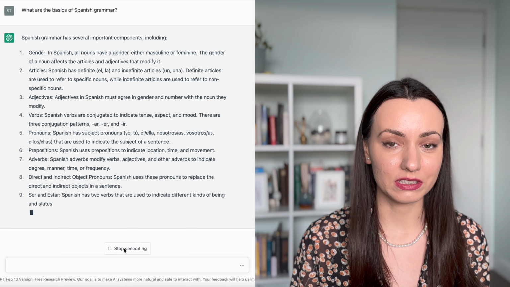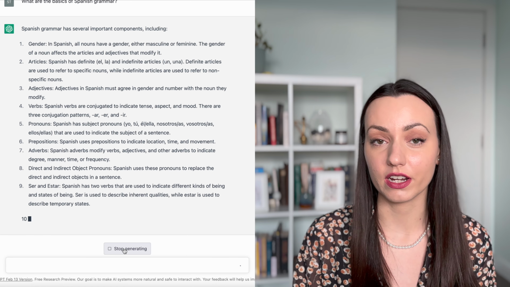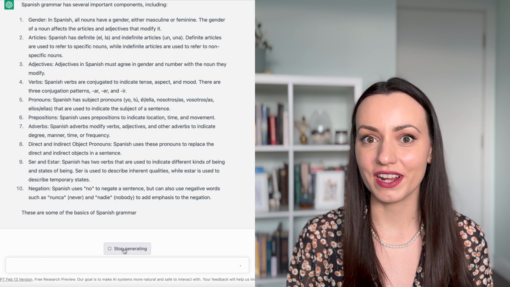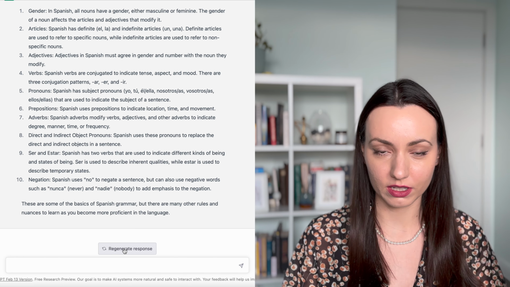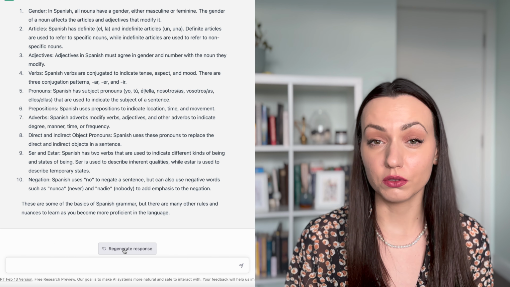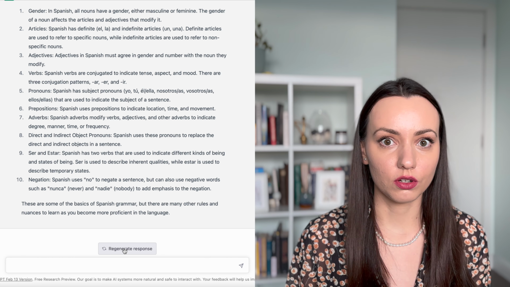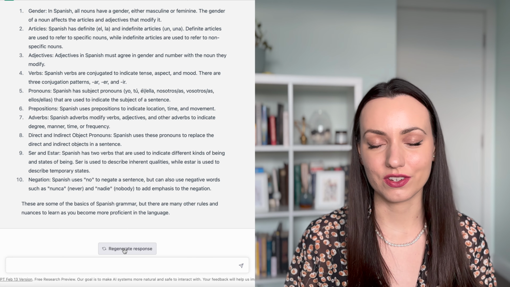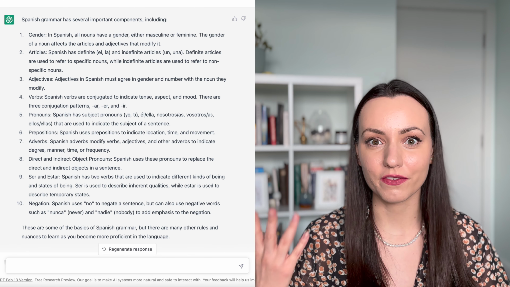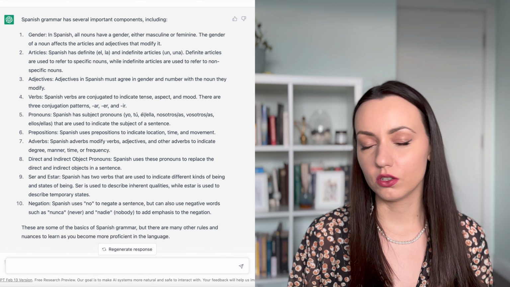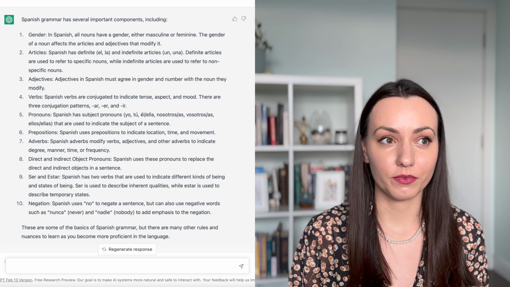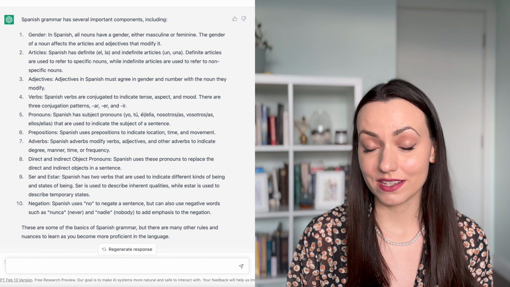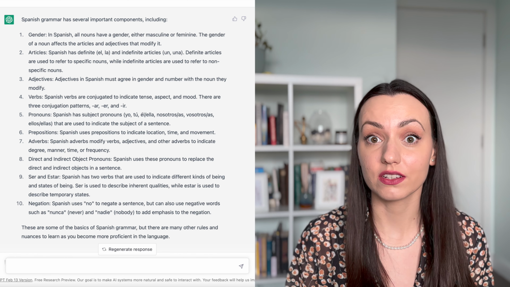But the thing is, this is highly incomplete. So it's not wrong that there's definite and indefinite articles in Spanish, but it is wrong that they're just in the singular, as this would assume. There's los, las, etc., like plural, and including unos, unas, etc. And there's actually lo, which is like a whole different animal. Technically, there's two types of genders in Spanish, and there's obviously two main definite singular articles, but lo is used in certain cases when you want to say something like, what is important is, lo importante es, etc. So there's a lot missing, not just lo, but also the plural articles.